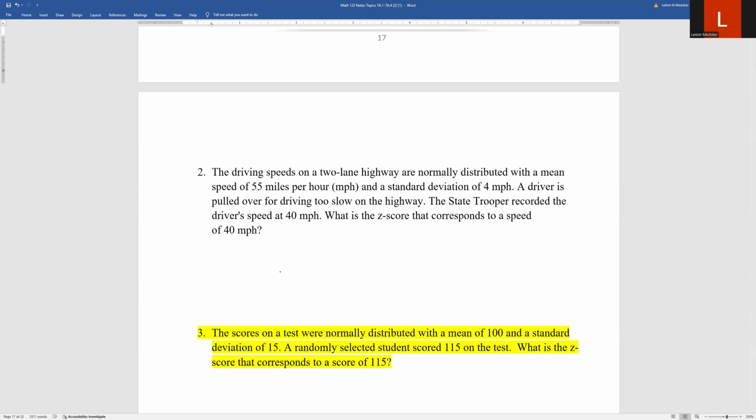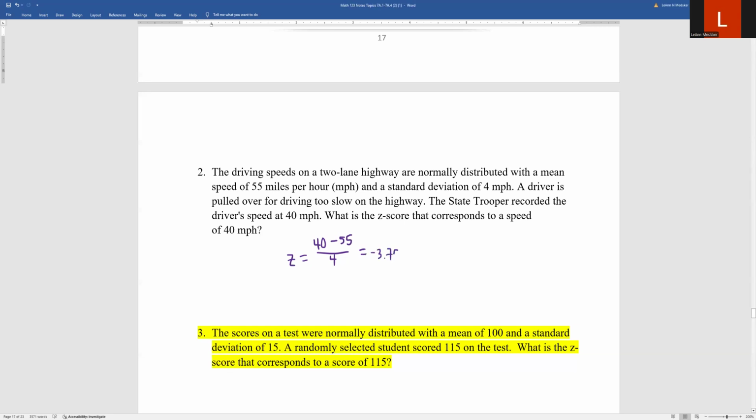Driving speeds on a 2-lane highway are normally distributed with a mean of 55 miles per hour and a standard deviation of 4. A driver is pulled over for driving too slow on the highway. The state trooper recorded the driver's speed at 40. What is the Z-score? So again, we have a specific driver's speed. That's our Z-score's raw item, the item in question. So 40 is that person's speed. The average of all cars is supposed to be 55. And the standard deviation of all cars on that highway is supposed to be 4 miles per hour. So 40 minus 55 divided by 4, it's